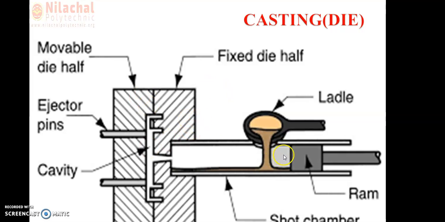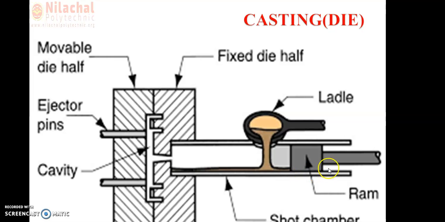So you can see, I want to show you another diagram, where you can again explain very easily. Here you can see we are having a plunger. In some books it is written as ram, in some books it is a plunger, in some books it is a piston. So nothing to worry about that. With the help of the ladle, molten metal is poured from the furnace into this machine.